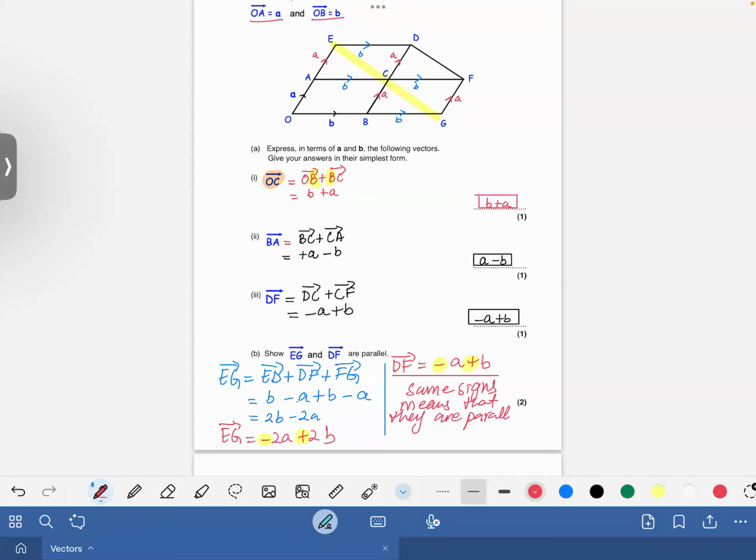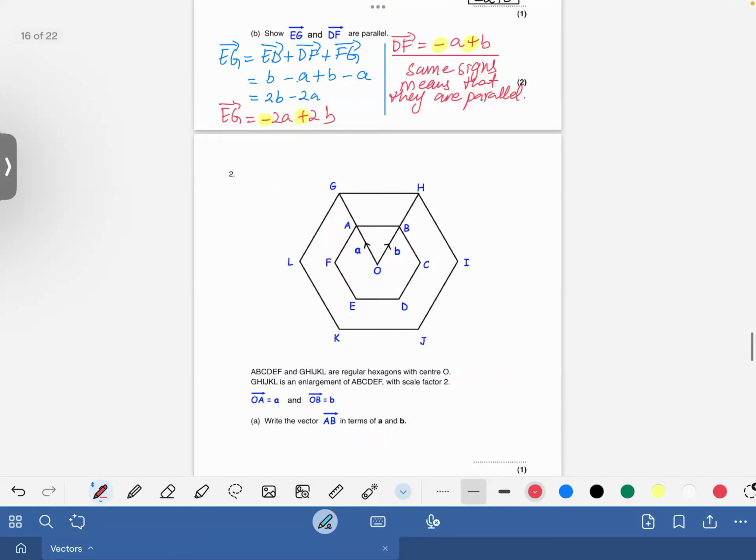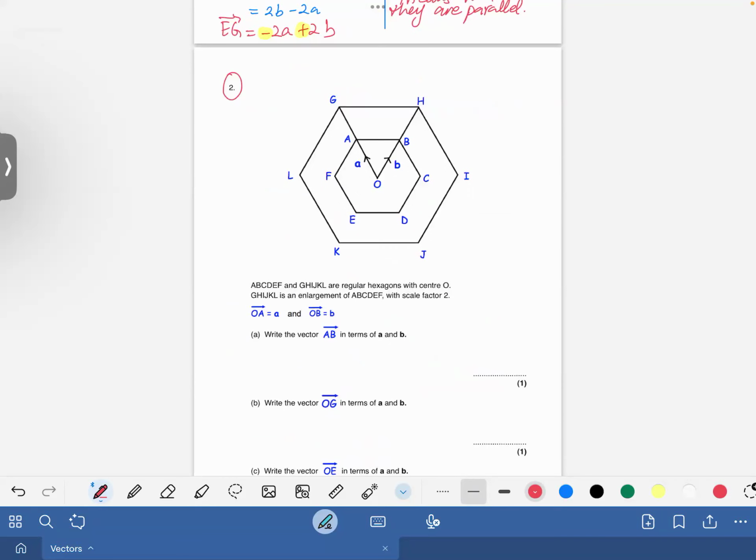ये क्या है बेटा? Parallel है. Understood? Yes, Faiza, sir. Alina, Arom, yes, sir. Is this clear? Yes, sir. ओके, क्वेश्चन नंबर 2 जरा ट्राई कीजिएगा आप लोग खुद ही। इंशाल्लाह कल जो है ना वेक्टर्स के